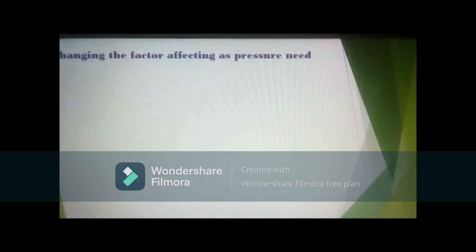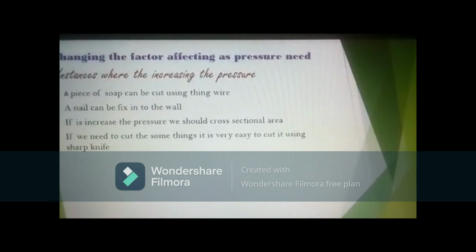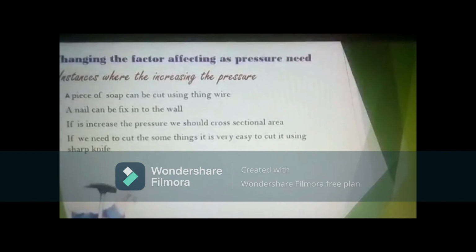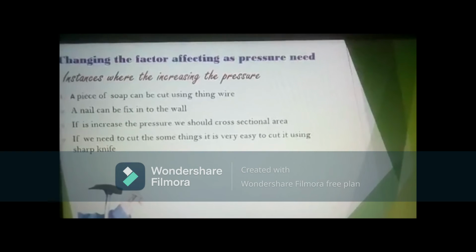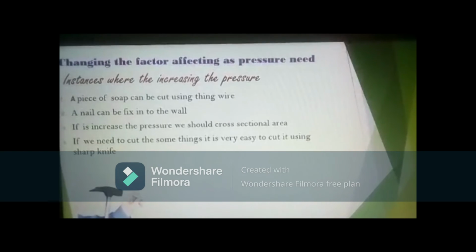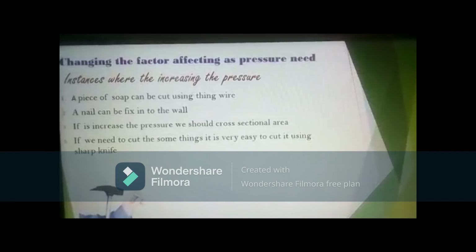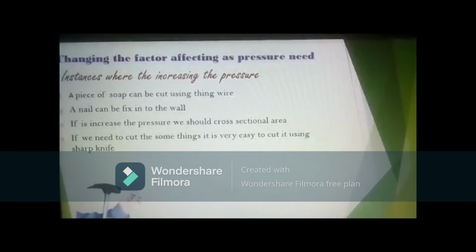Changing the factors affecting pressure as needed. Instances where the pressure is increased: a piece of soap can be cut using thin wire. A nail can be fixed into the wall. If we are increasing the pressure, we should decrease the cross-sectional area. If we need to cut something, it is very easy to cut it using a sharp knife. Example: